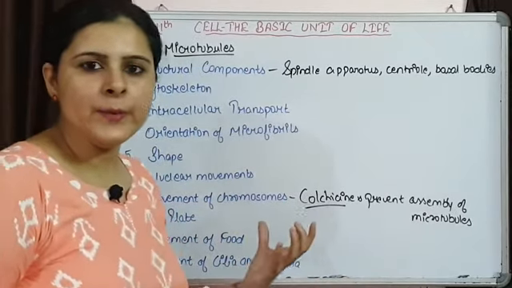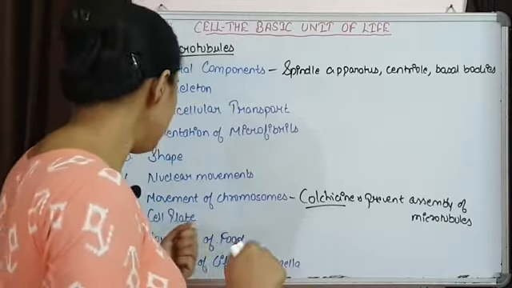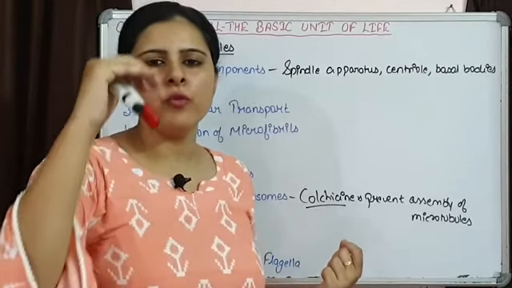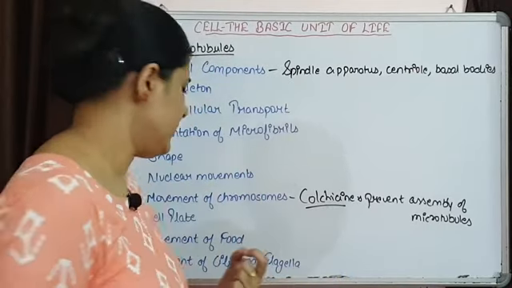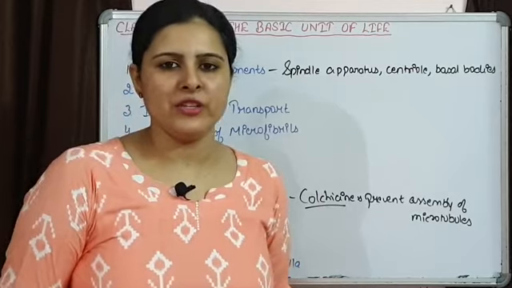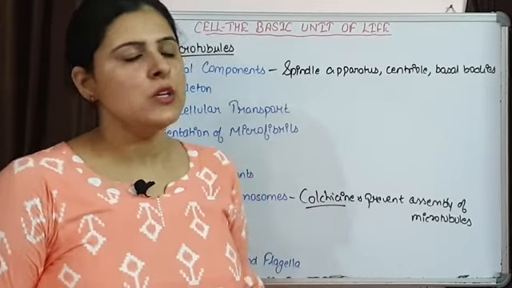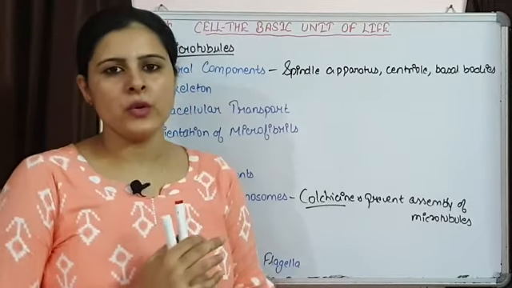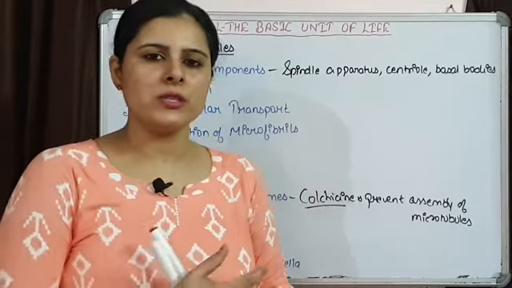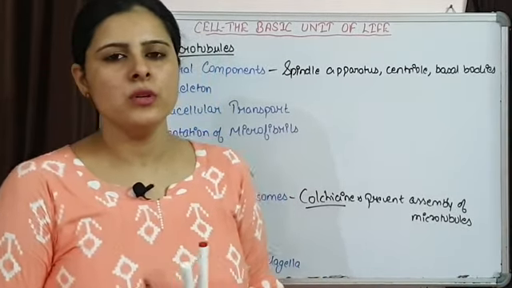Then the cell plate in plants also, during the time of division they are involved in the formation of the cell plate, and in some of the protists they are involved in the movement of food in the gullet, and they are also involved in the movement of cilia and flagella. In cell differentiation also they are playing an important role. So these are some of the functions of microtubules. That's all for today. Next class we are going to discuss cilia and flagella and the detailed structure of these two structures.